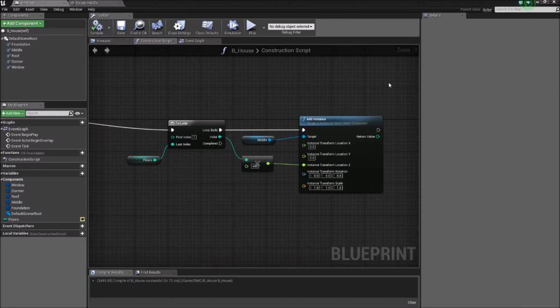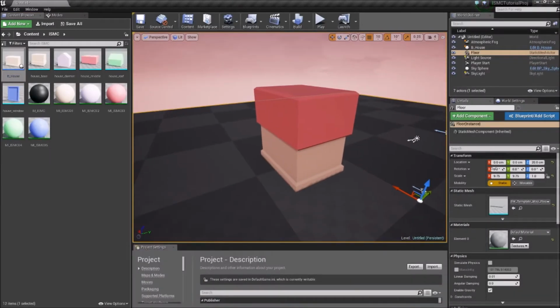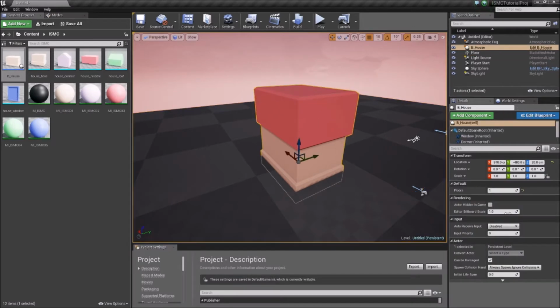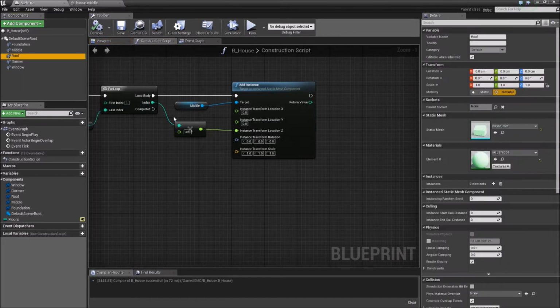So we'll compile this and save it and make sure that everything is working here. Click on this and slide our floors. Okay, our floors are being added to the one beneath it. And then if we go to 0, it takes all of the floors away and it just leaves the foundation. Alright, so let's go back in here, and now to add our roof we need to click on the roof